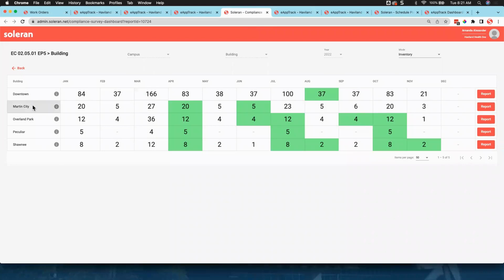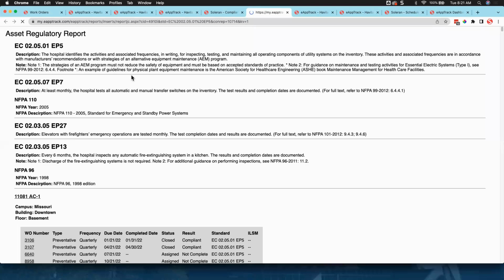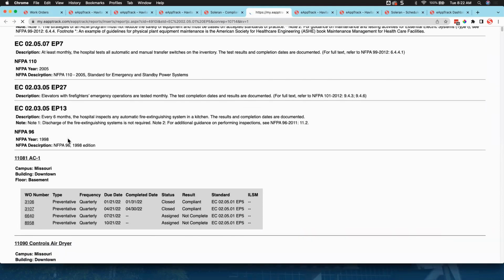So now I can even see details of my buildings here. And if I want to go and click on that report, it's going to open up a detailed report in a new tab for me. And it's going to list the standards in EP and their descriptions for all of the assets that are in this report. So even though we were drilling down on a specific standard in EP, those assets actually have relationships